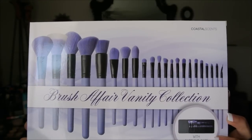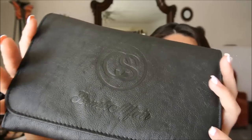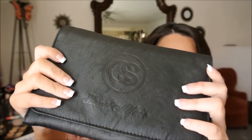You get 8 face brushes and 14 brushes for the eyes. Came in this really nice brush pouch. This is what the pouch looks like up close. So it's really nice and well made. Took all of the brushes out, that way I can show them to you guys one by one, as I always do. I'm going to just jump right in and show you guys the 8 face brushes that the set